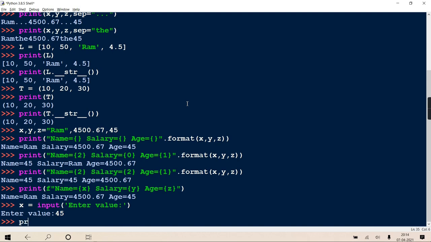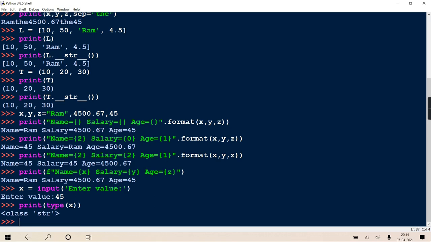But if you check its type, you'll ask how to check its type. There is a library function called type. I'm coming to this function in the next topic, when we come to data types. For the time being, it will tell you to which class x belongs. See, it tells that it belongs to class str.